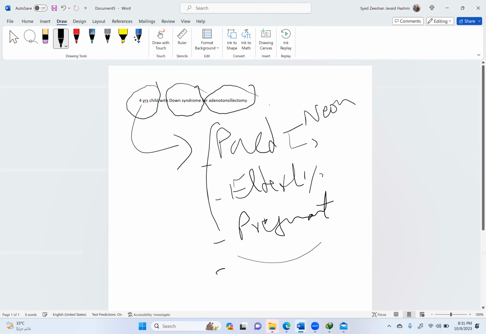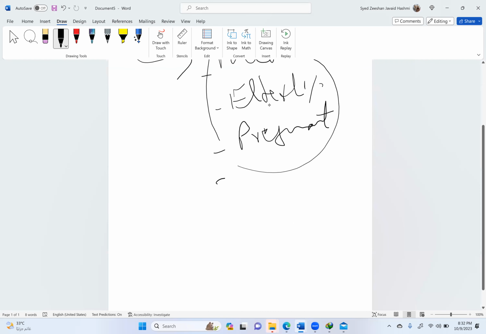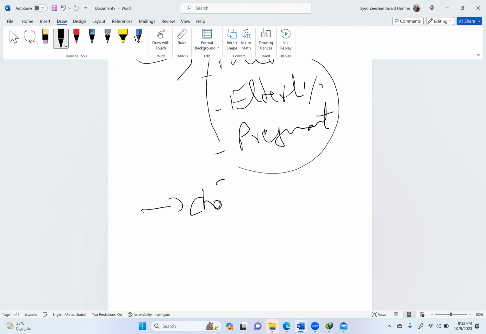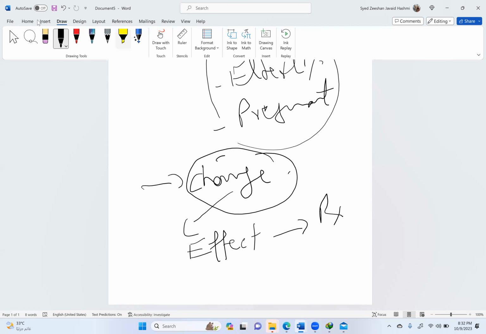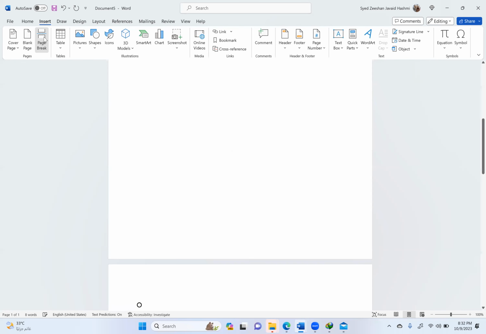So in all, the same scenario will have something as a disease and something else as a patient population. So try to think in 3 steps: what is the change, what is the effect on your anesthesia management, and how you manage. Okay. So for example, to start with, if we just consider that